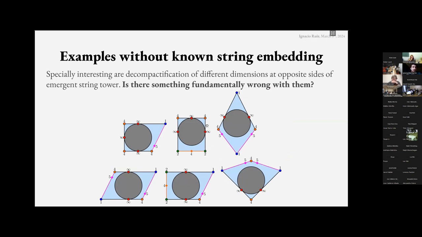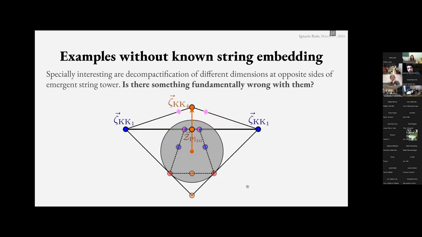On principle, on the top of our heads, there's nothing wrong with them, but the fact that none of them are observed in different constructions suggests to us that there might be something iffy with them. Maybe a worldsheet approach to see if they are consistent or they are in the swampland could be appropriate. And before finishing, I would like to stop a little bit with this one here that actually is related